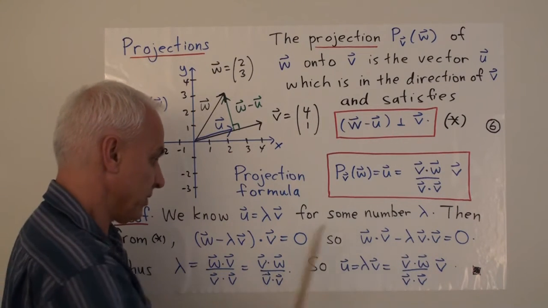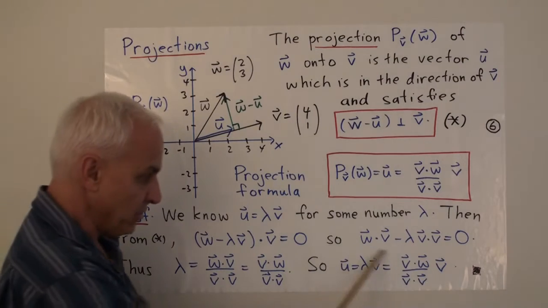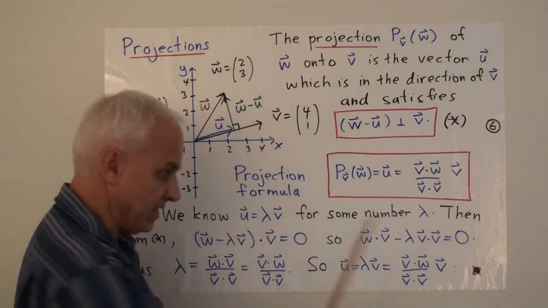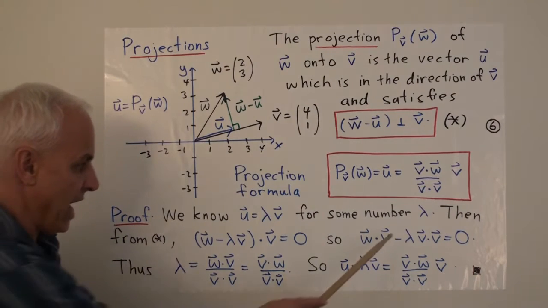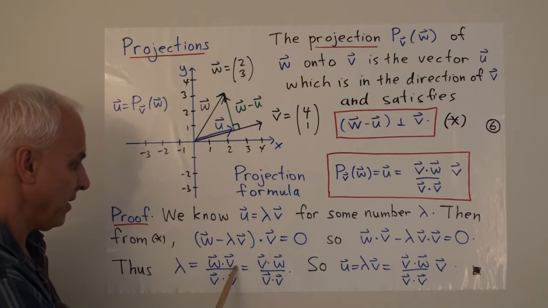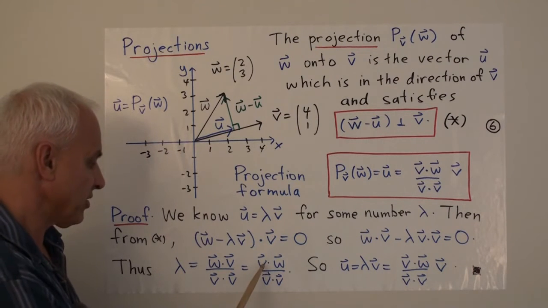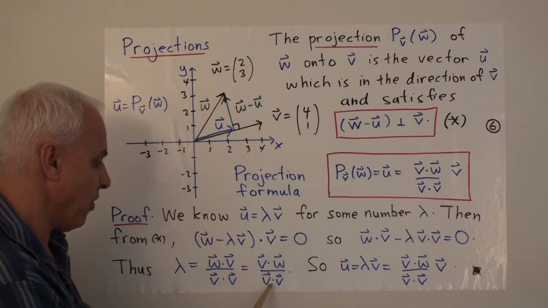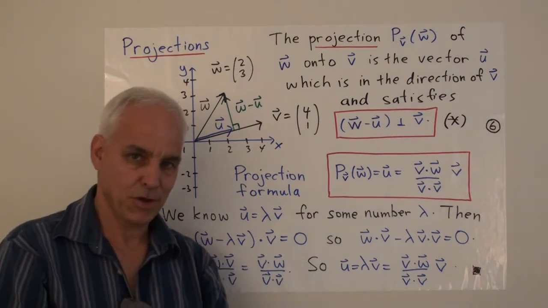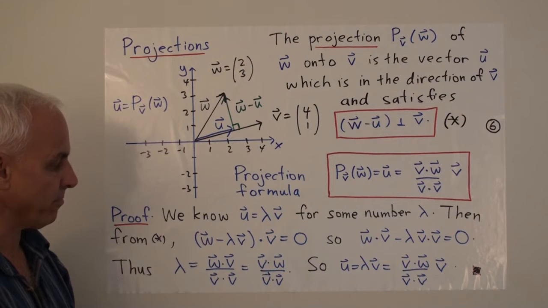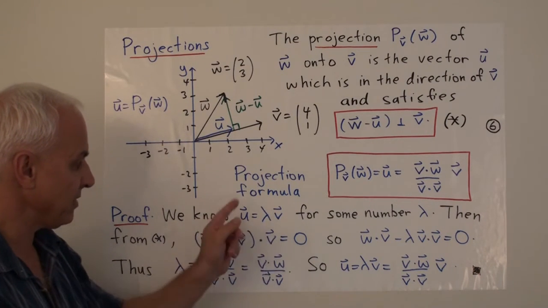Okay, all of that's still equal to 0 on the right-hand side. Well, W dot V is a number and V dot V is a number, so we can solve for lambda. So lambda is going to be W dot V divided by V dot V. And I prefer just to write it as V dot W over V dot V. It's the same thing, we're just using the symmetric property of the bilinear form. So that's the multiple that multiplies V to get U.